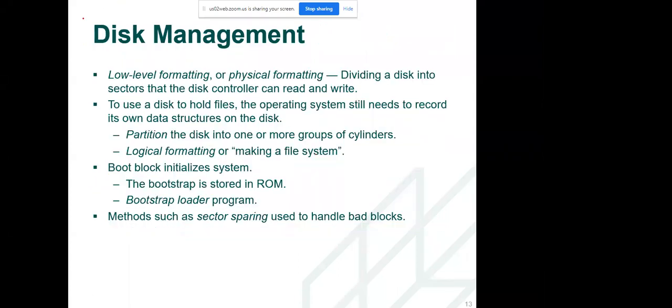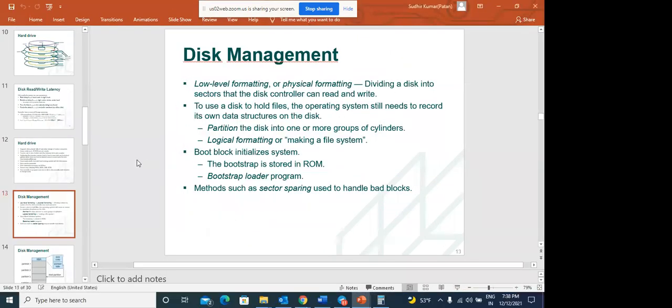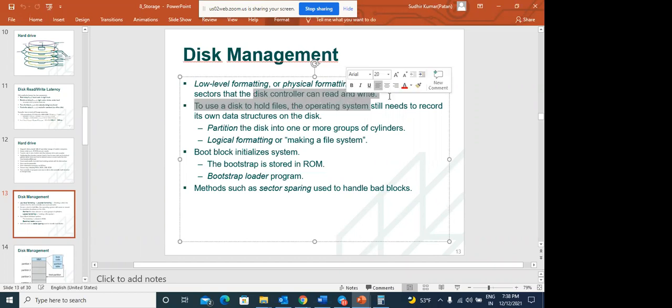Disk management. Low level formatting, or physical formatting, is dividing a disk into sectors that the disk controller can read and write. Physical means the real formatting.